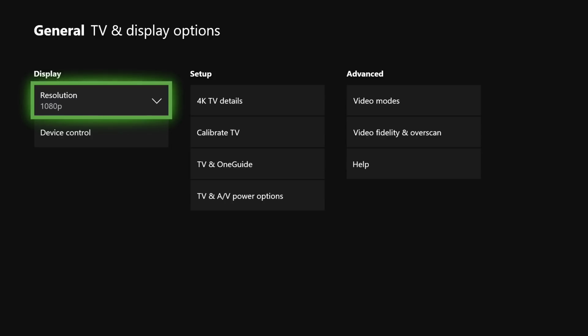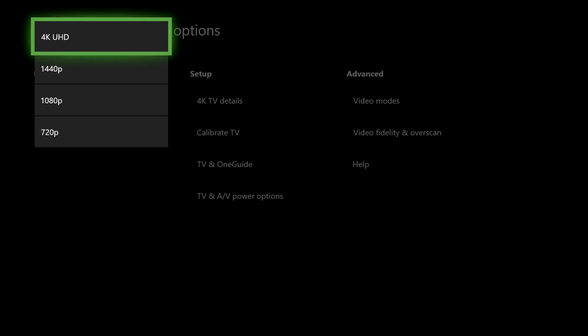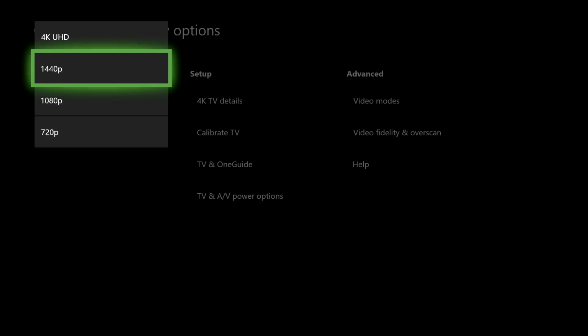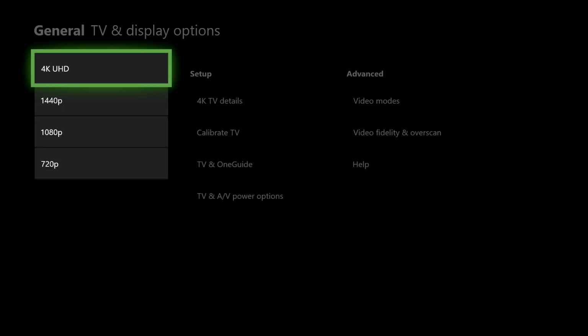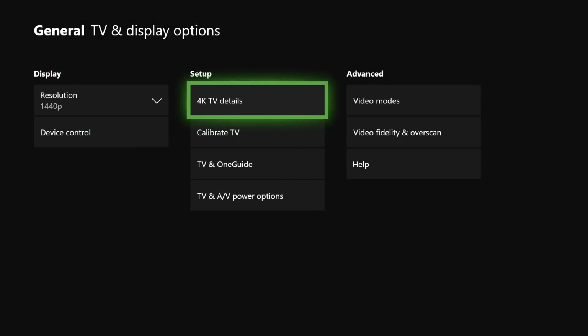So what you want to do is go to resolution on display. If you are using 4K right now, or let's just say 1080p, you want to drop down just a little bit. Just drop down once and see for yourself by playing a game if your FPS goes up, or if it goes down, or if it still bugs. So if you are using 4K, just drop down to 1440 for example. Once I change my resolution or something in video modes, it sometimes stops recording for some weird reason. So now let's go to the next method, what we can also do.